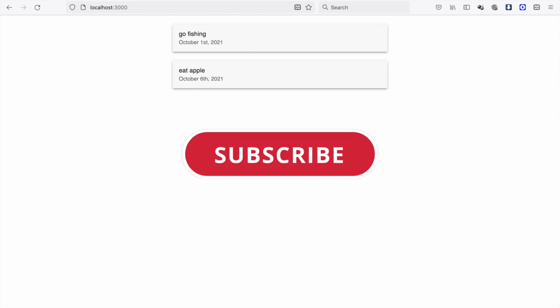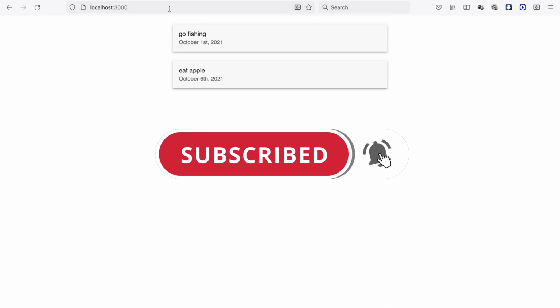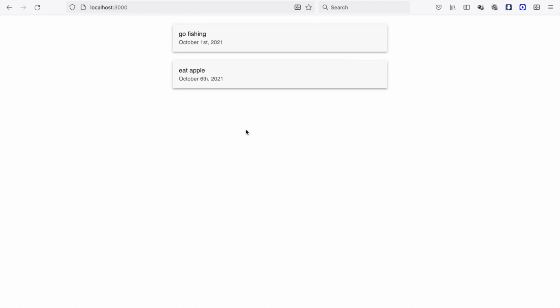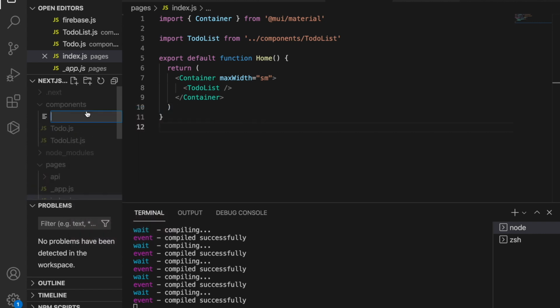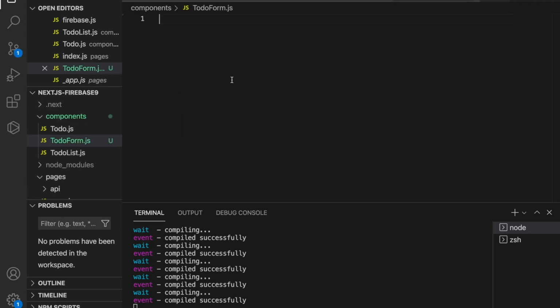In this part, we are going to add a to-do form on top of the to-do list, so the user can input new to-dos to the to-do list. So we go back to the components, and then we create a new component called todoform.js. And then, like before, we type rafce,